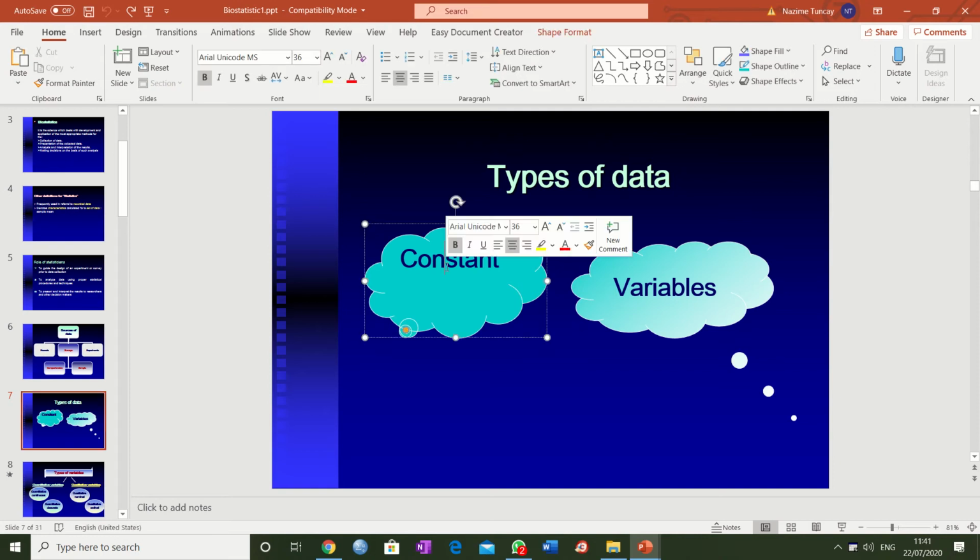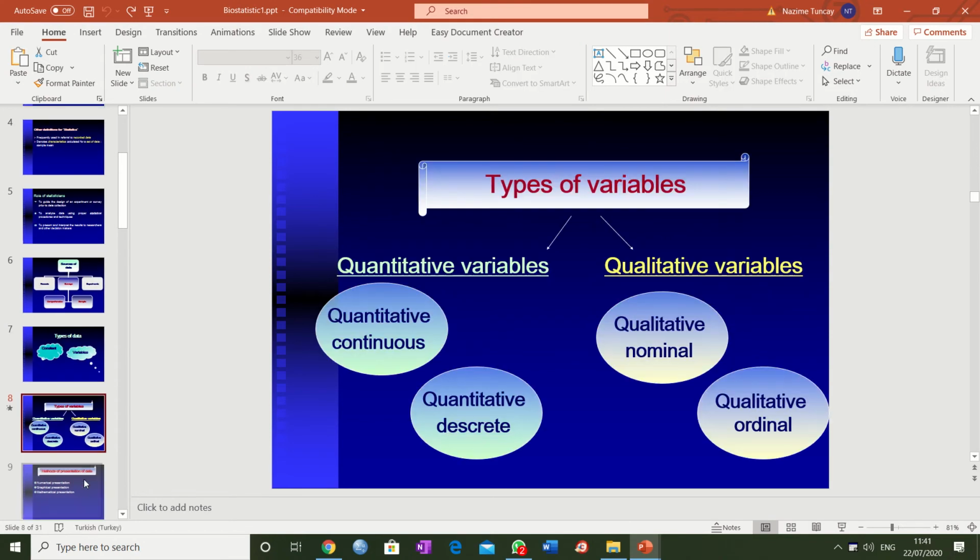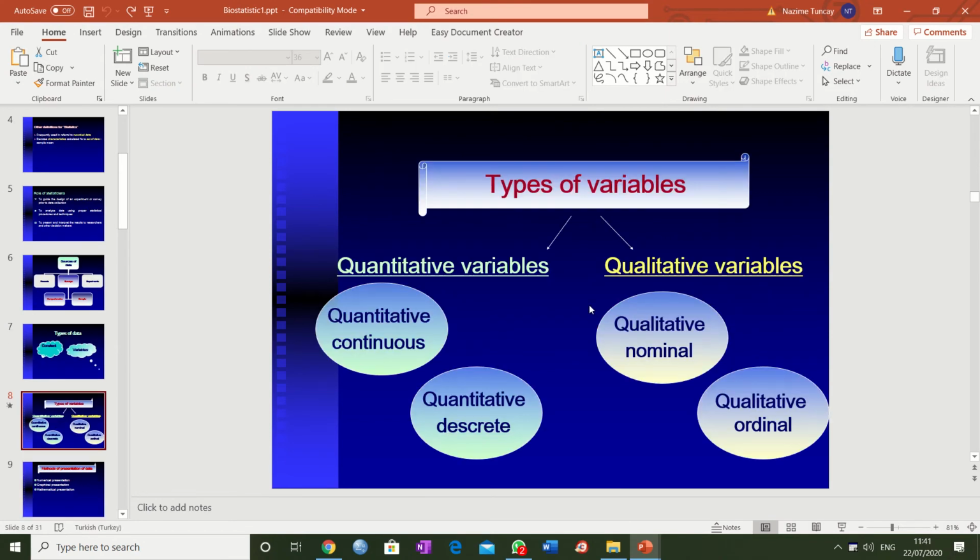So constant is something which doesn't change, and variables are the changing data. Yes, let us talk about types of variables, quantitative variables and qualitative variables. Quantitative variables are the variables that we can count. For example, 5, 6, or the height of a person,